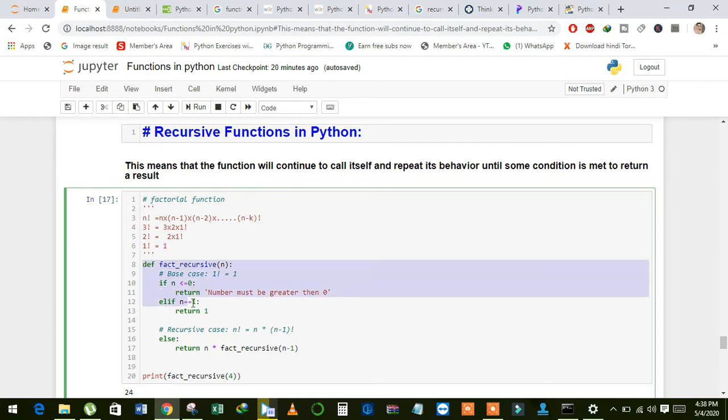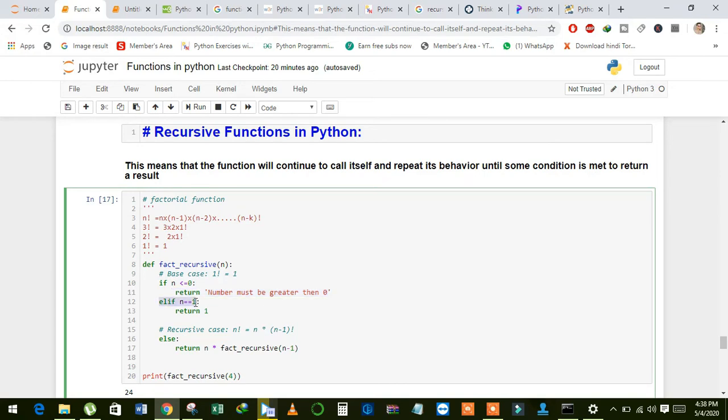Now we will discuss the function of factorial. We will create the fact_recursive function with the def keyword, and fact_recursive is the name of the function, and it will take a number which is n. See here, we have base case 1: if n is less than or equal to 0, then return this message: number must be greater than 0.